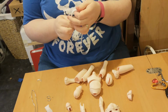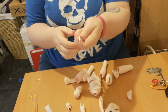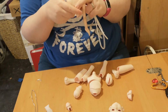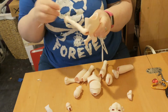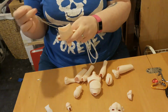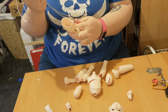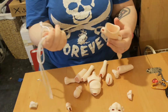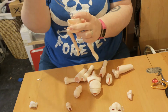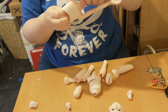I like to start with the head. And I don't put the head on first, but I put the S-hook, or rather, okay. I've not done this before, this way, as I usually put the knot up in the head. But I want to do this the proper way this time, so you're going to hook it around so that you have these two floppy bits that will be down in the leg. You want to pull this bit up into the head,